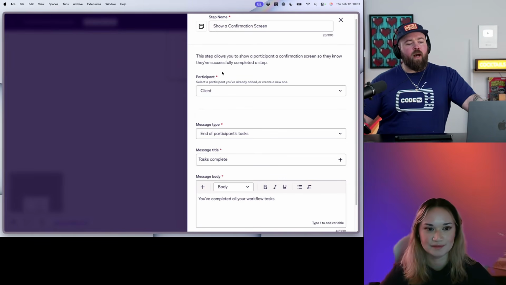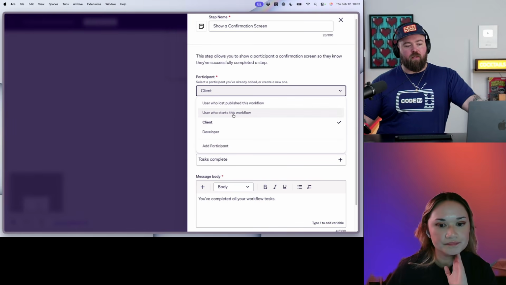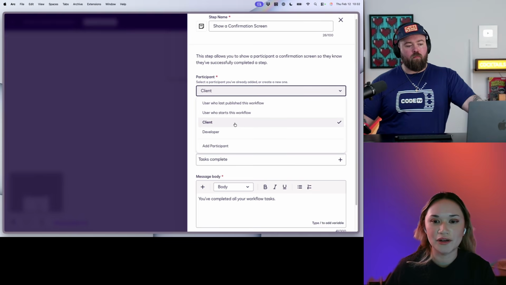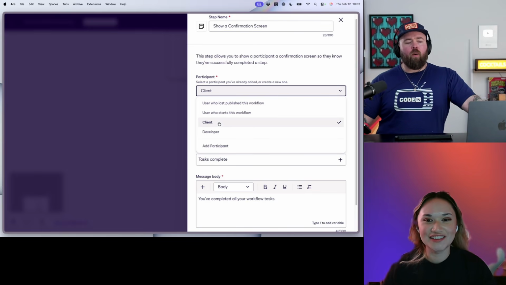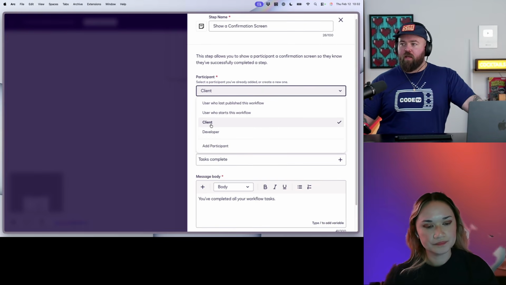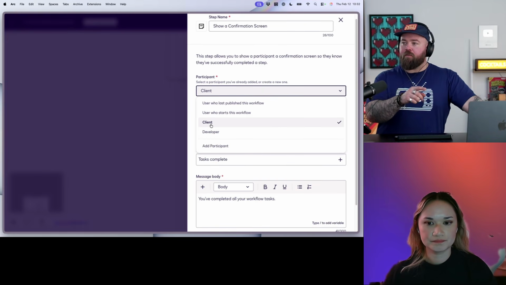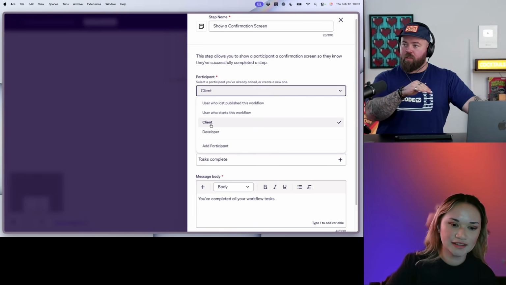They can hit submit. So how does this participant, how does this client get updated? Or should it be the one who started the workflow? So the client gets updated from the web form, right? Because the participant is sort of a labeling thing rather than a variable thingy, as I say. So the variable, go ahead. Sorry, I guess my question is, we created this and then it didn't let us map fields to this client participant in the web form. So how does it know which field maps to which thing?